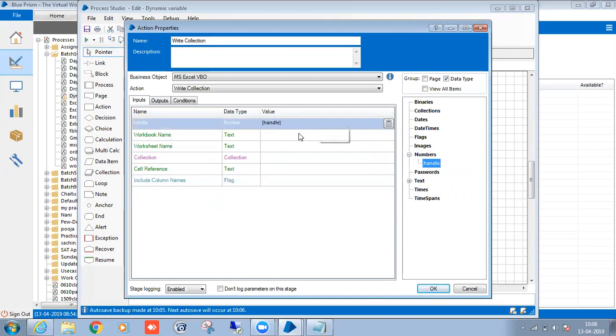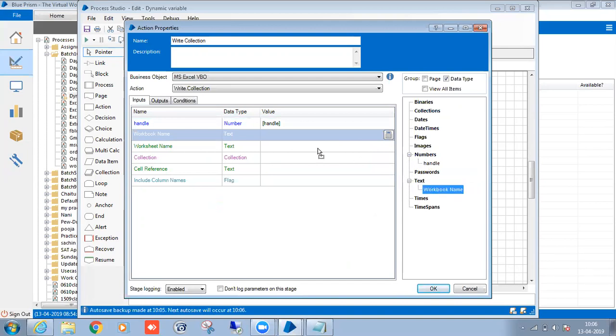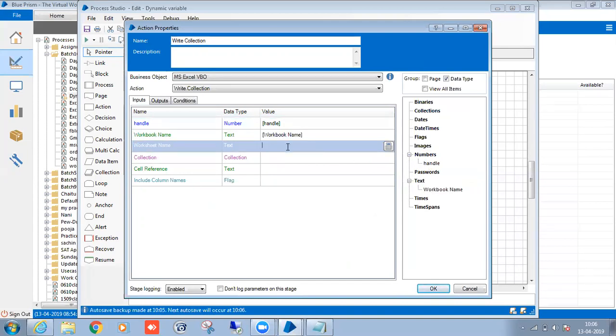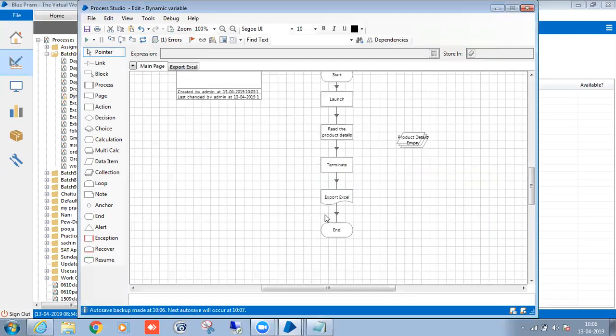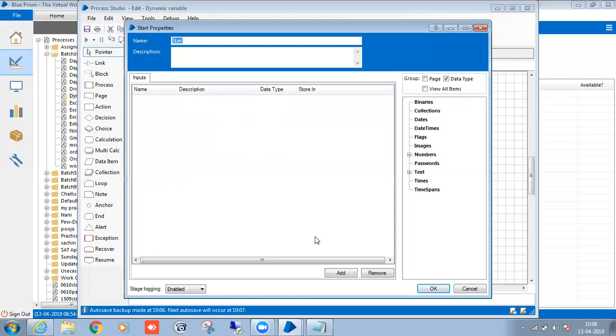Handle workbook name. Worksheet name by default will be Sheet1. Collection, right? So this collection we have to pass to this page. Means it requires a collection in.